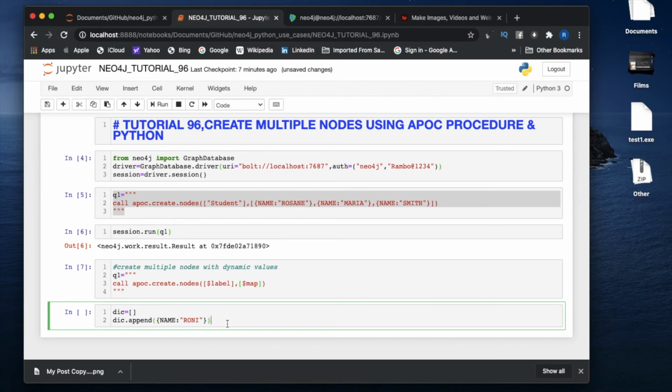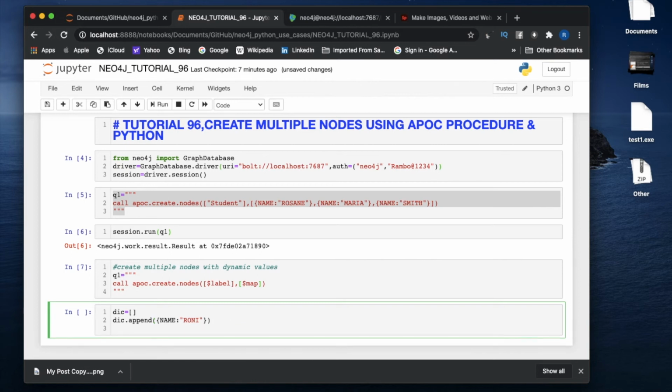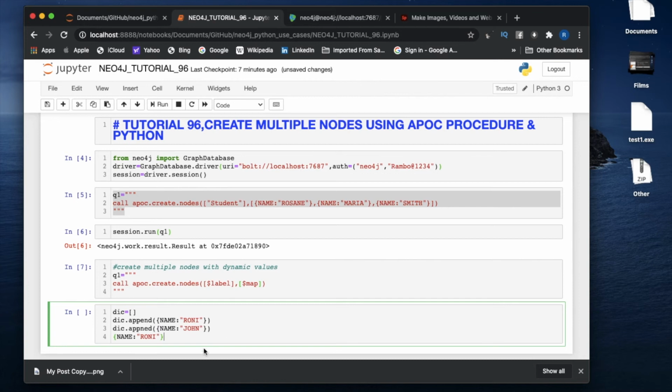After that you can again write dic.append, the same thing, but we can create maybe John, and after that maybe Roman. I'm doing this just to help you understand how you can create your data, but in an actual case it would be more difficult. Okay, that's it.